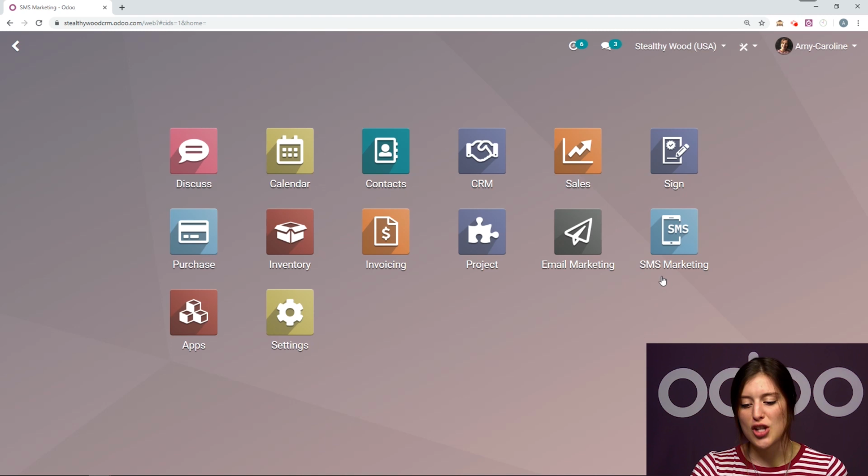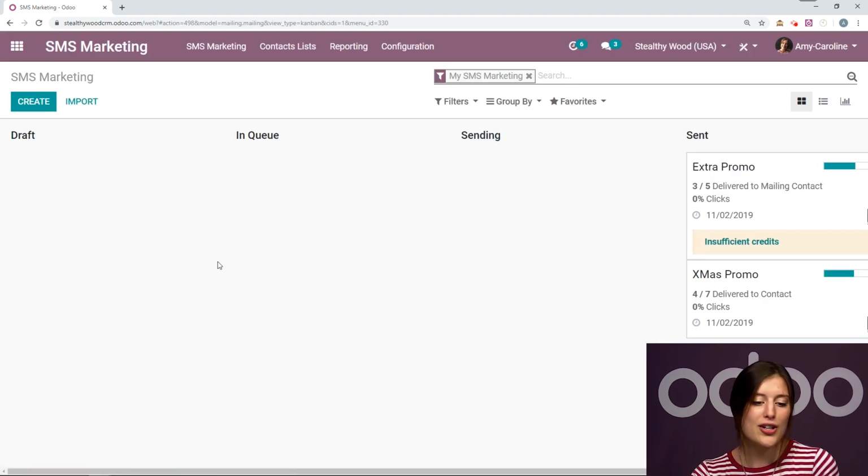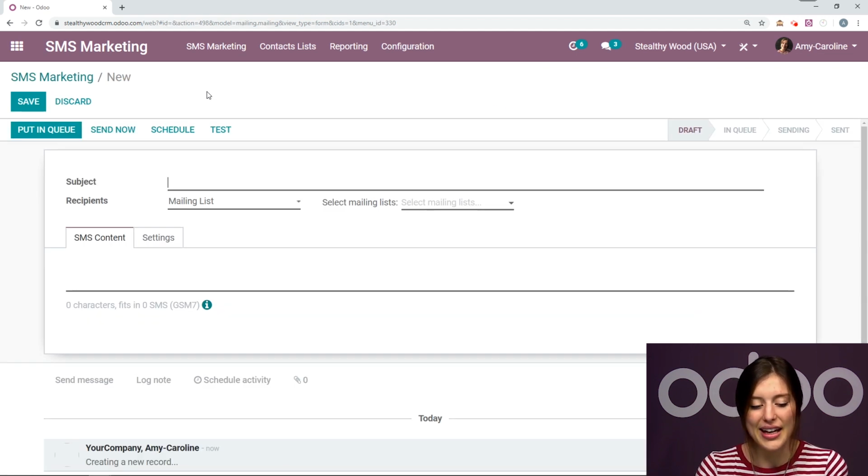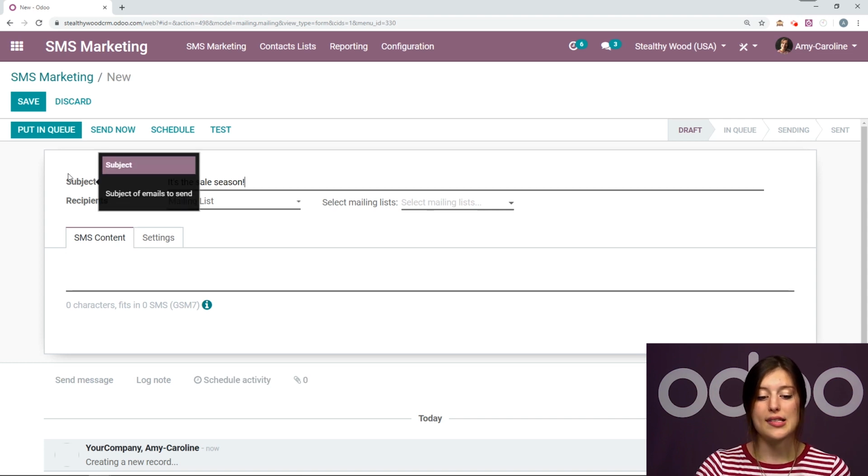So let's go ahead and jump into the SMS Marketing App, and we're going to create a new SMS. So let's click on the Create button. Okay, and the first thing I'm going to do is add a subject. So let's say it's the sales season. Okay, and then I'm going to be able to choose who I send it to, so